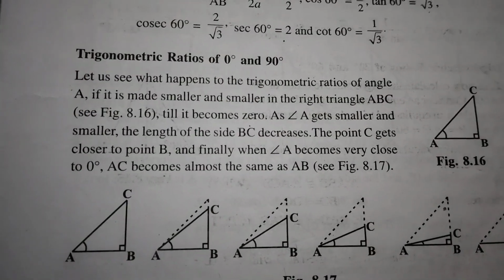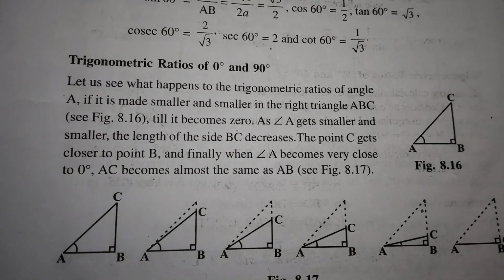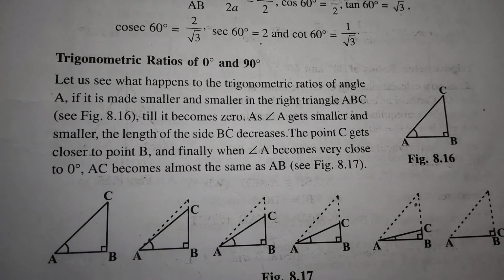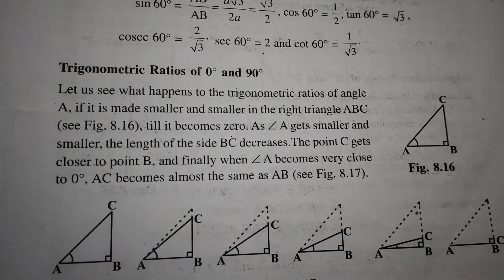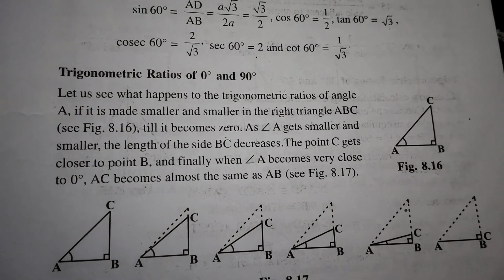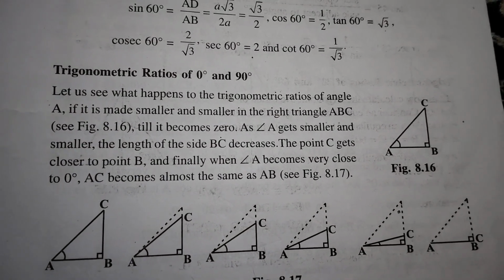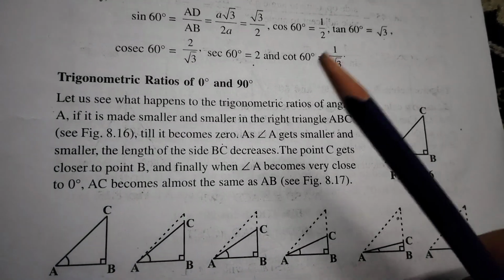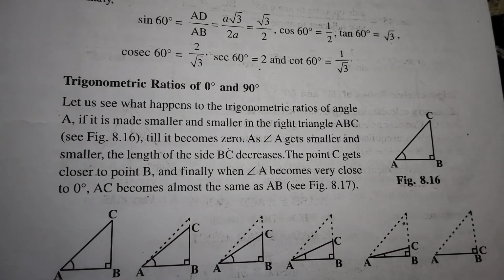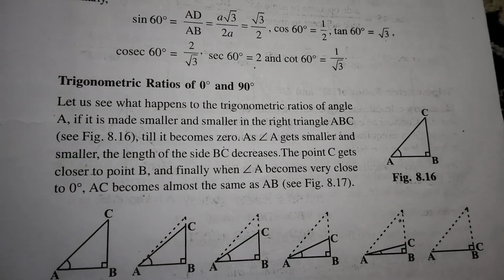Hello students, in this class I am going to explain the trigonometric ratios of 0 and 90 degrees. Let us see what happens to the trigonometric ratios of angle A if it is made smaller and smaller in the right triangle ABC